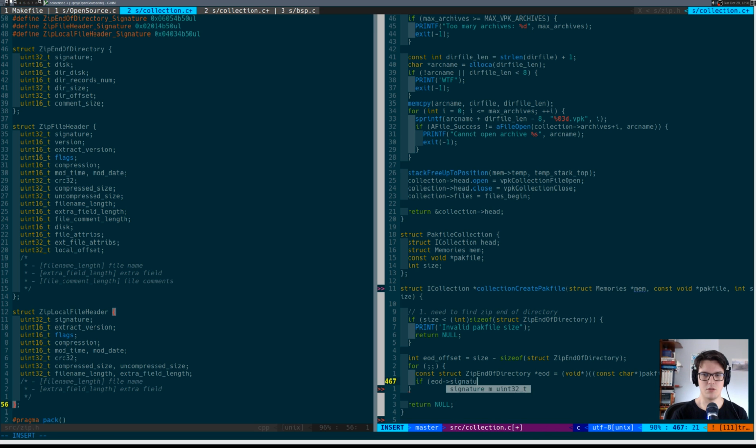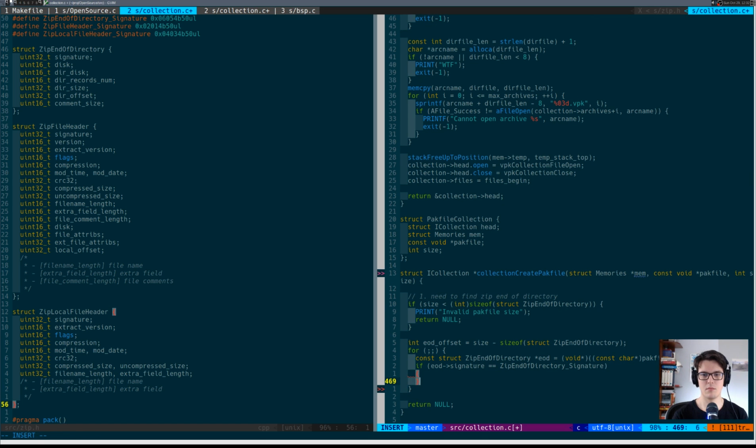If signature equals to zip end of directory signature, then